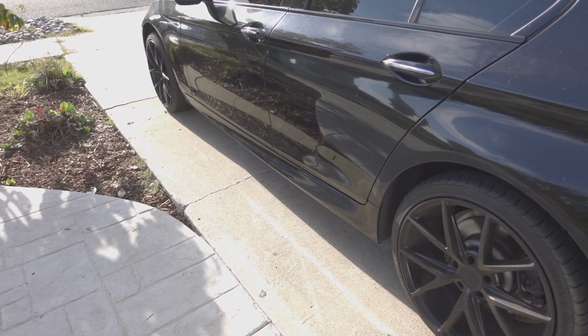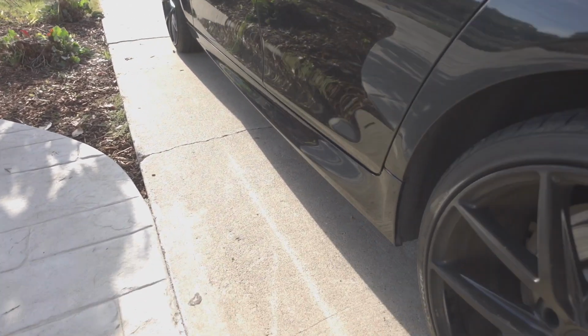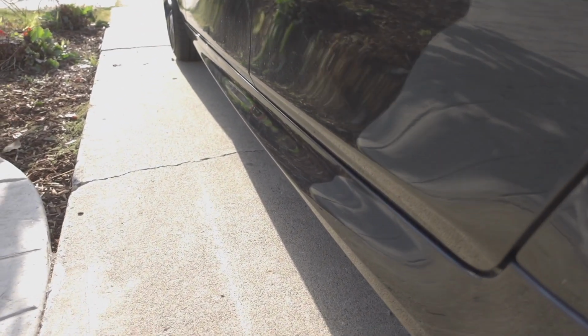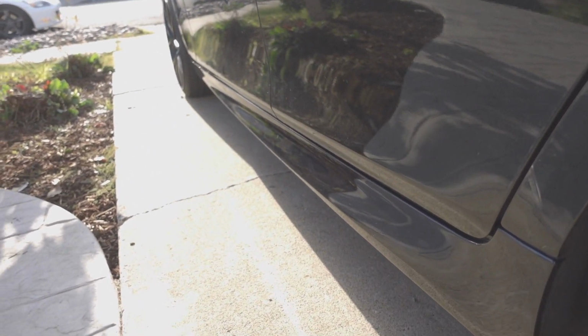All right, car's back on the ground. Everything is installed and put back together. These side skirts look really good, man. It's a really cool little mod. They're pretty subtle. They stick out a little more, and they have kind of a flare to them. These Msport ones, the OEM non-Msport ones are just flat and they're kind of boring, but